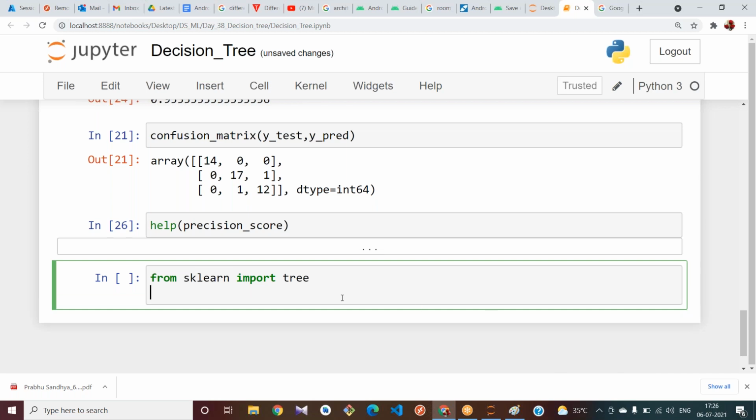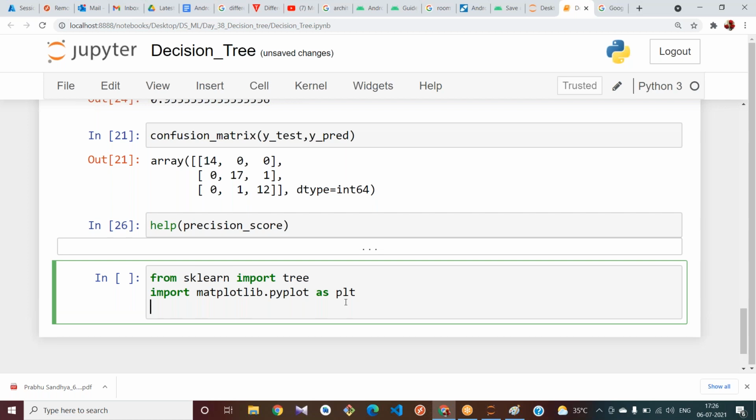We have already imported tree, but from tree we imported DecisionTreeClassifier. Now use matplotlib: import matplotlib.pyplot as plt, and plt.plot.